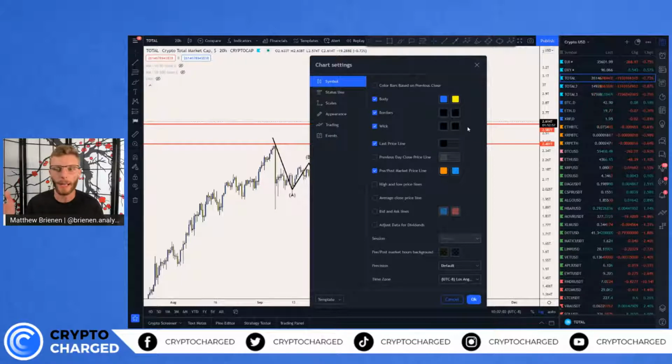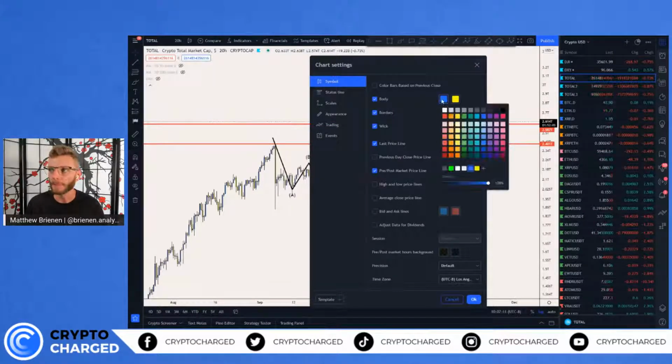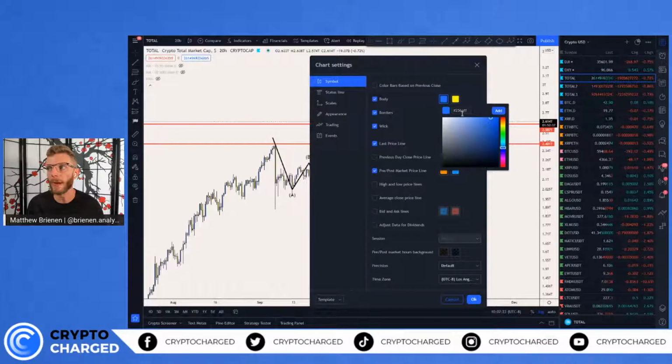Because I have a lighter background here, obviously I want to have everything else be black so that it shows up nicely on the charts. On the left side here for the body, this color blue, when you click the plus button here, do you see how there's a little hex number here? This is the exact color for the crypto charge blue if you guys want that. If you can't see that too well, the number is 256 EFF. If you just punch that in there, you click add